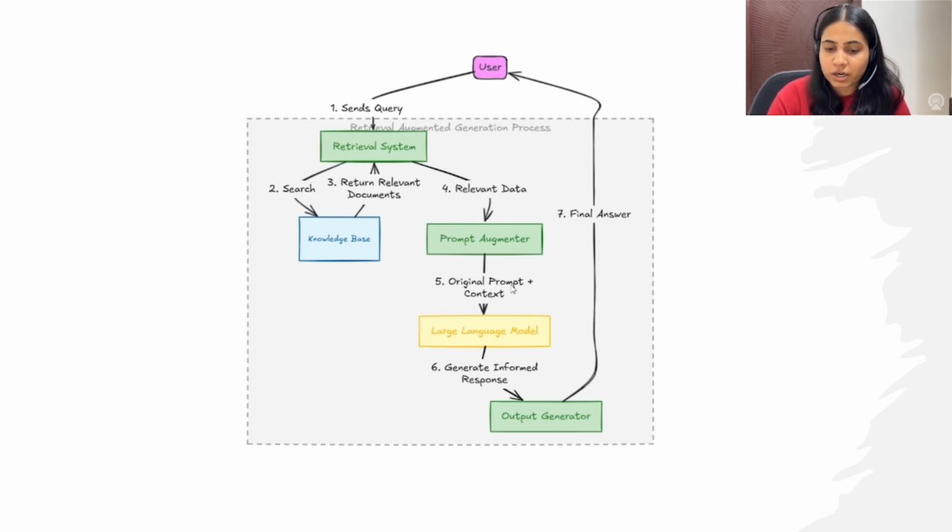Okay, now the original prompt, what we originally asked, plus this context, will go to the large language model. So now the augmentation part is done. Here we augmented that data and passed it to the large language model, and then the large language model will generate the responses for us. Whatever the context and prompt is, according to that they will generate the responses. Then it will go to the output generator, and the final answer will go to the user, so the user will get the final answers from that. Okay,